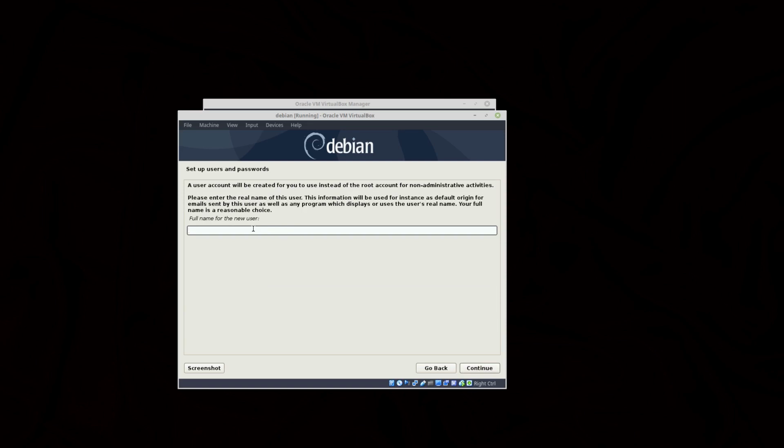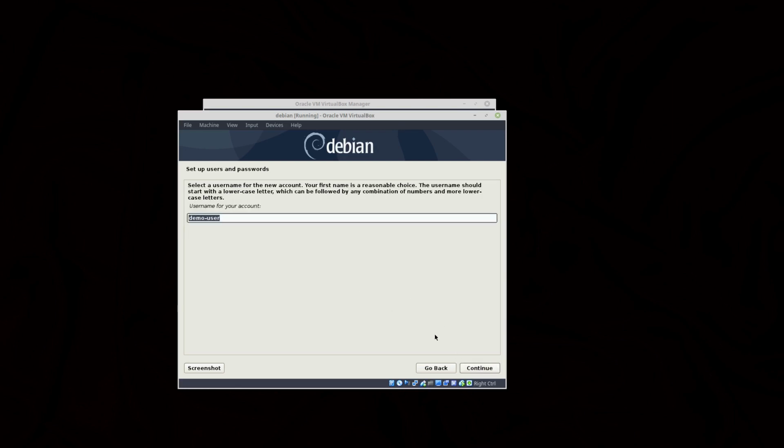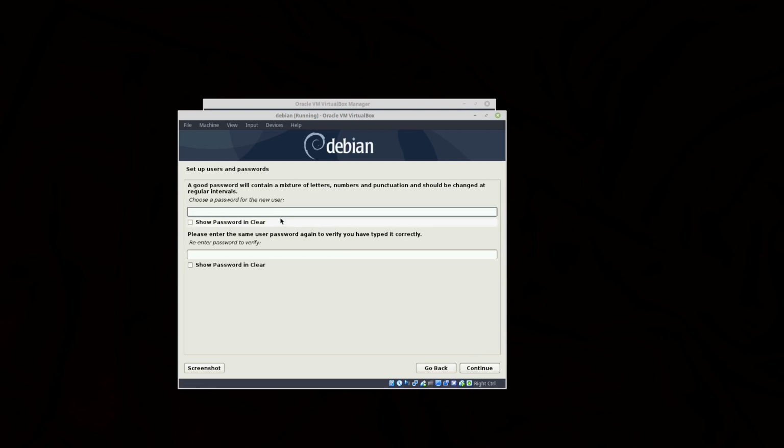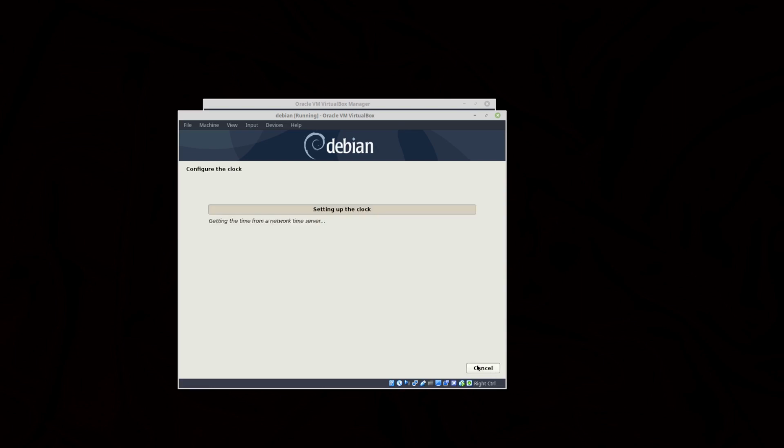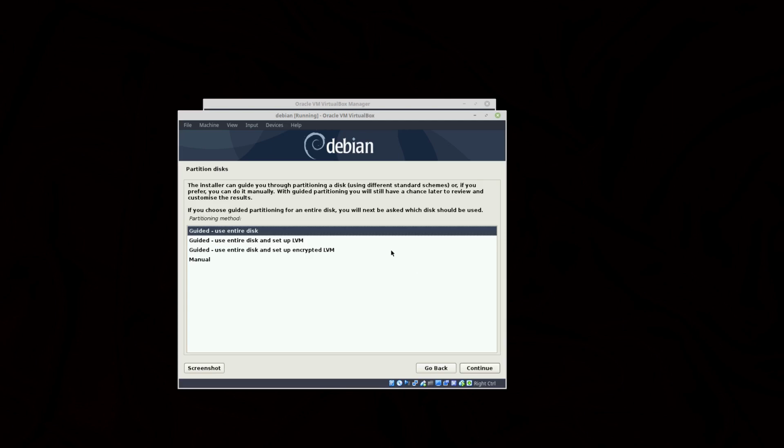Now we need to create a user. So I'll write demo-user, continue, and we need to give a password for our demo-user. So I'm going to give a password and then click continue. Now it is configuring a user and the root user password and credentials,